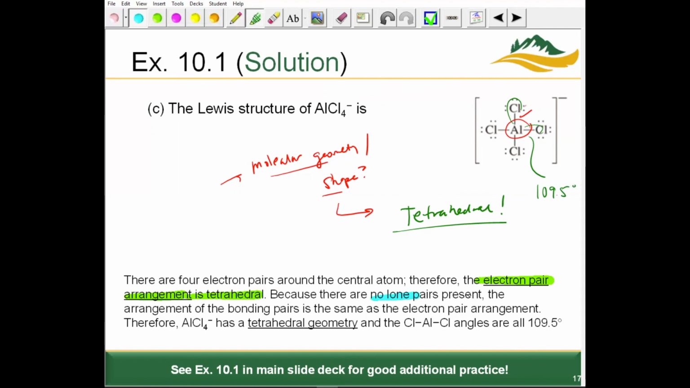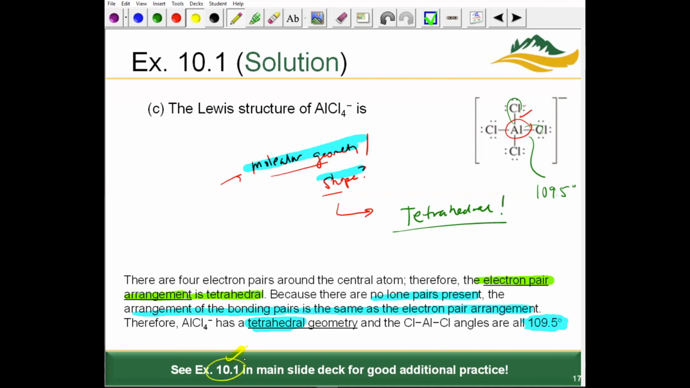So because no lone pairs are present, the arrangement of the bonding pairs is the same as the electron pair arrangement, or the shape is the same as the electron pair arrangement. The shape then, the molecular geometry, is also therefore tetrahedral, with a bond angle of about 109.5 degrees. I didn't go through all examples in 10.1, so you could look back at 10.1 in the main slide deck